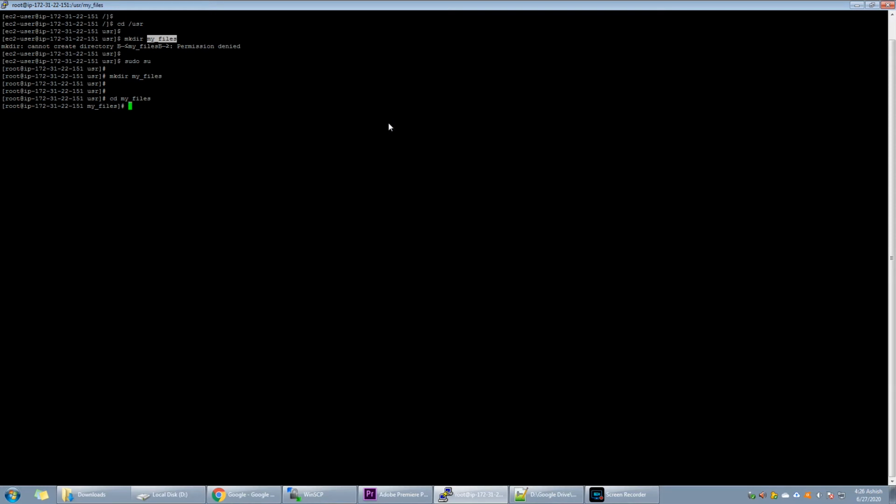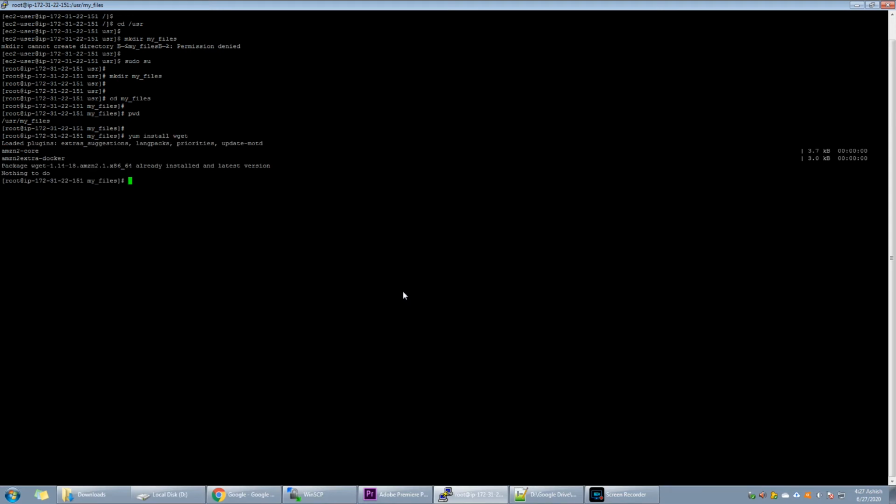Before that, let's install the wget command. The wget command is a command line utility for downloading files from the internet. Okay, so the wget command has been installed.